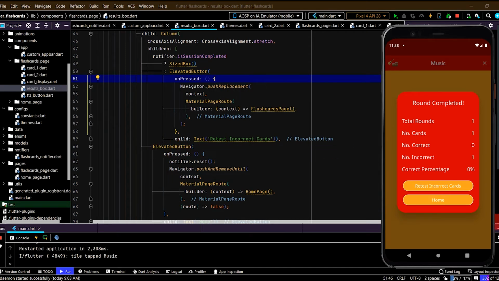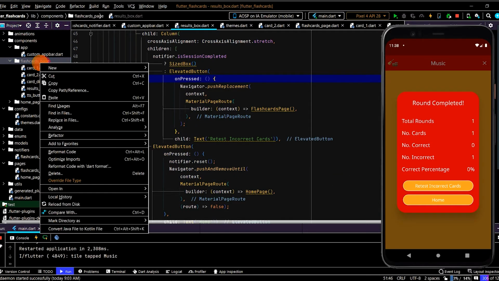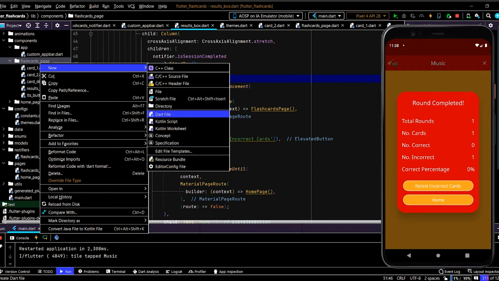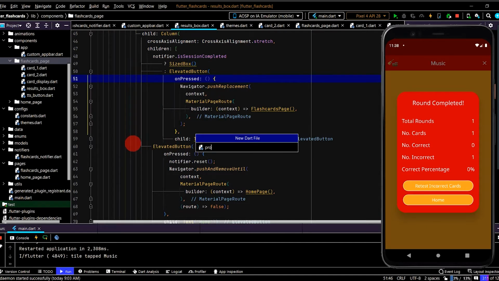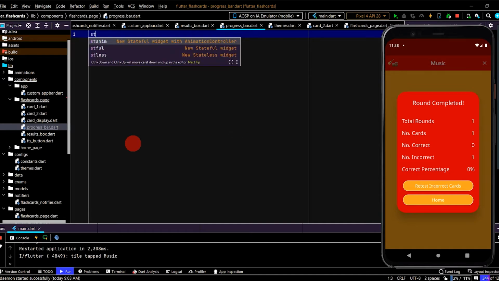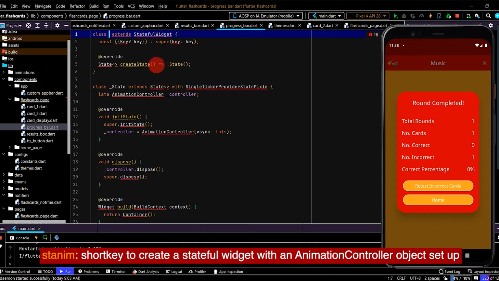Let's now add in a progress bar so we can see how far along we are when we're completing a round of cards. So the first step is we'll create a new stateful widget, and we'll put this in a new Dart file, and this will be named progress bar. I'll type ST, and we can select STANIM,